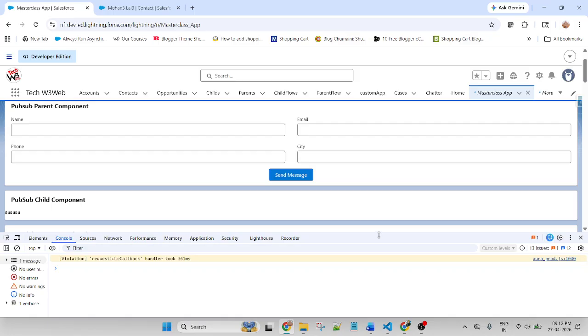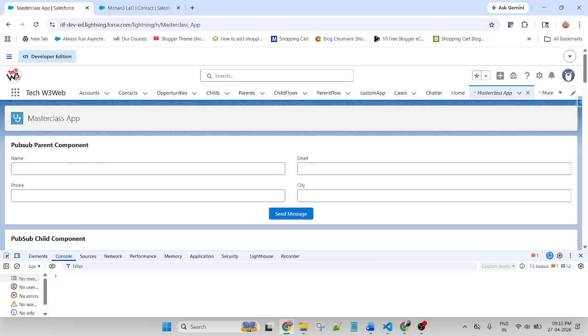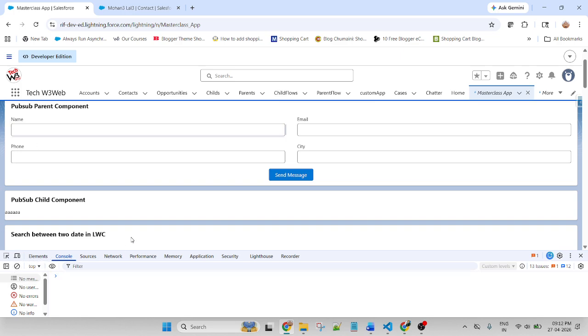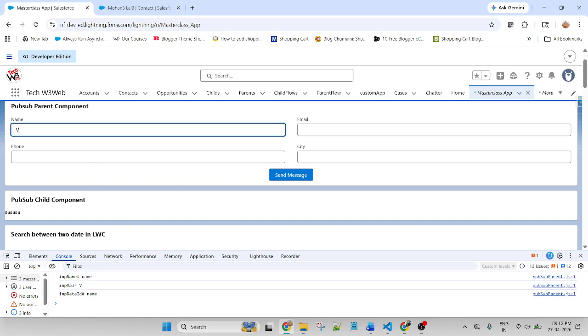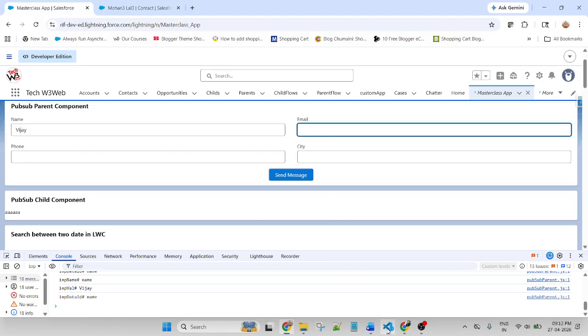Okay. Now the name. Clean all of the console first. Why is it displaying? I think it did not replace.